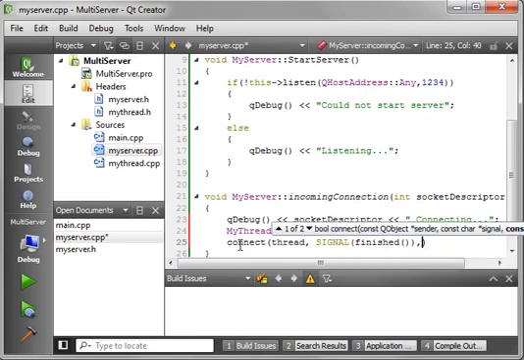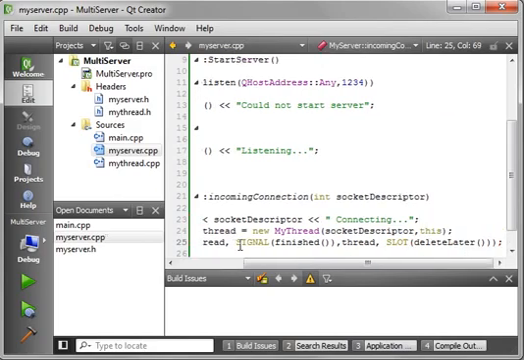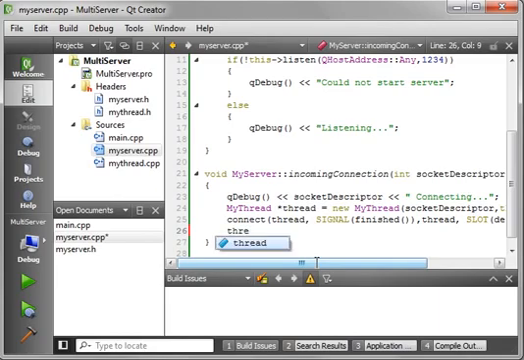Finished. So we want to know when that thread's actually finished, and then we're going to put the slot back on itself, and we're going to say delete later. So what that does is it flags that thread for deletion. So once it's no longer used, Qt will automatically delete it for us, and we don't have to worry about it. And then of course we just need to start our thread,